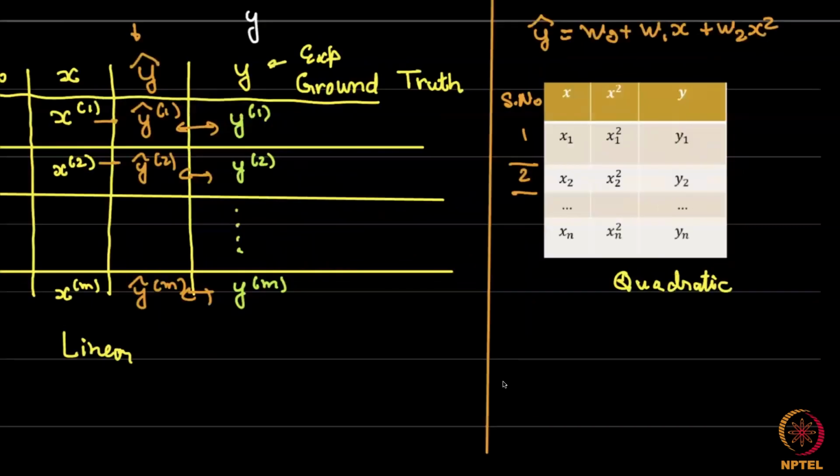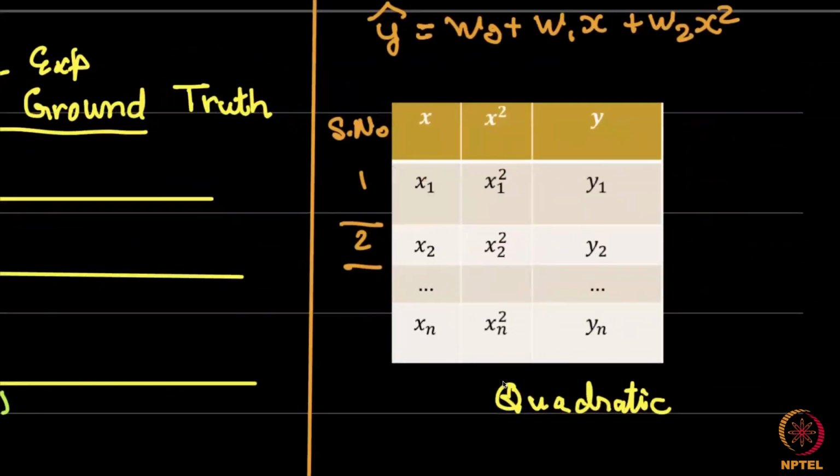And now you can imagine an Excel sheet where this whole thing is written. And what you would do in that Excel sheet, of course, is have one column for just the serial number, one column for all the x values, and then another column for x square values. And then maybe you can have a column for y hat